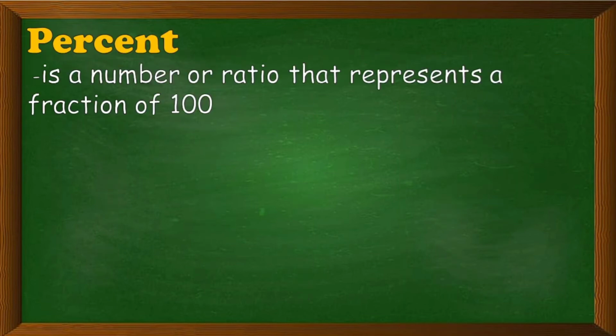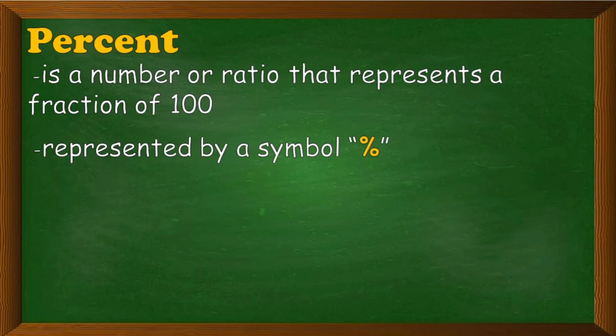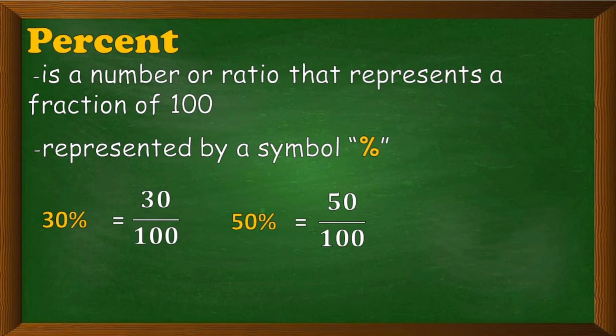Next is percent. When you say percent, it is referring to a ratio of a fraction of 100. It is represented by this symbol, percent. Example, we have 30%, which is equal to 30 per 100. Or we have 50%, which is equal to 50 per 100, or 50/100. Next, we have 80%, which is equal to